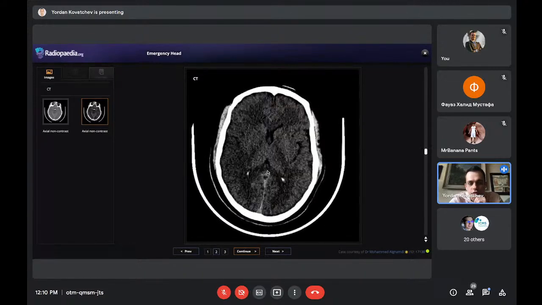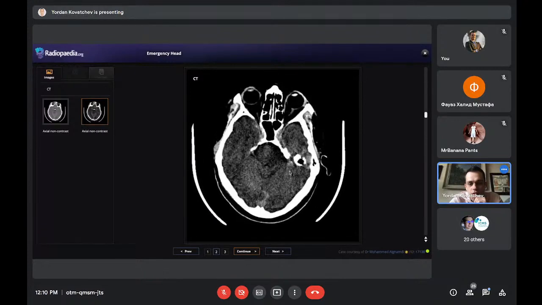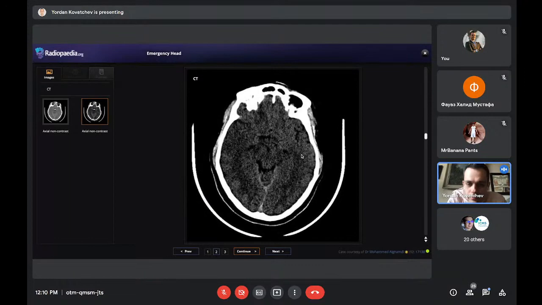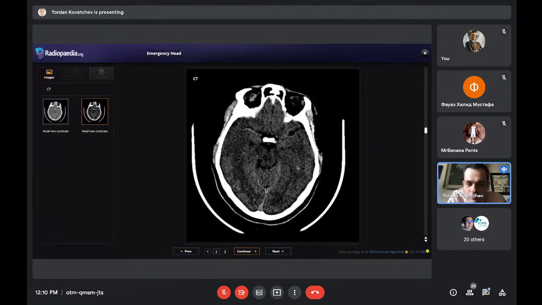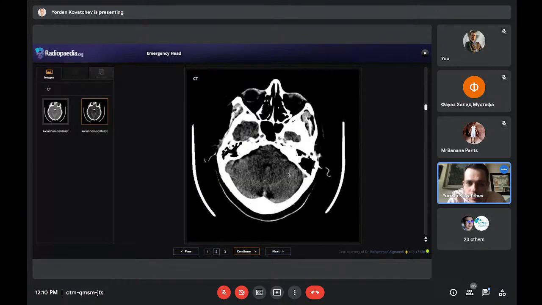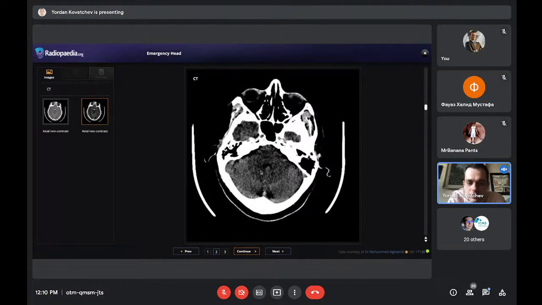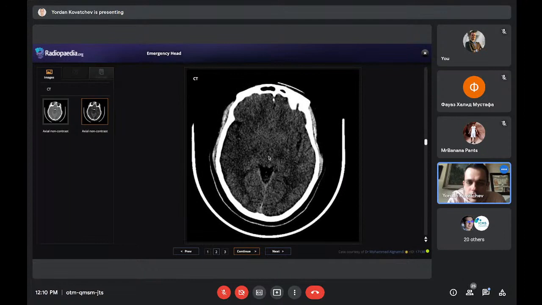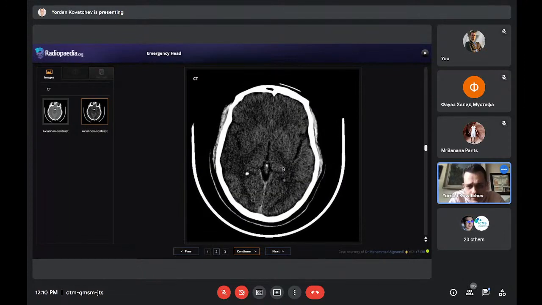There is no hydrocephalus. We see the ventricles are not dilated. We can barely even see the temporal horns, which is a good sign, because here is where the hydrocephalus will start. It's hard to tell really, but no obvious evident pathology in the infratentorial space. The bones look fine.